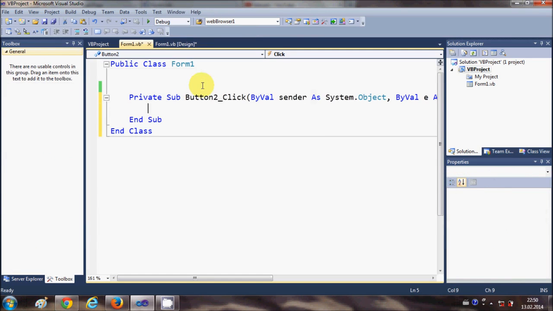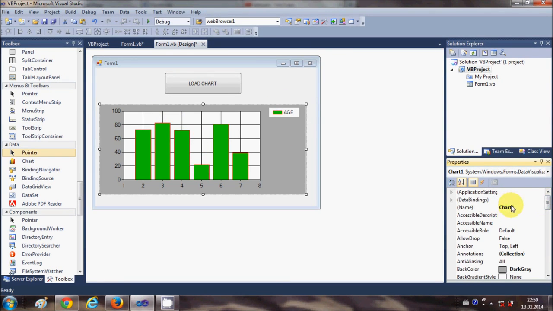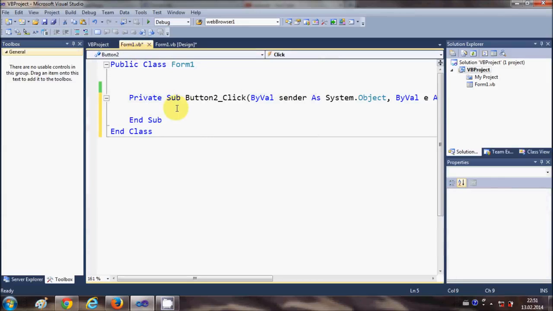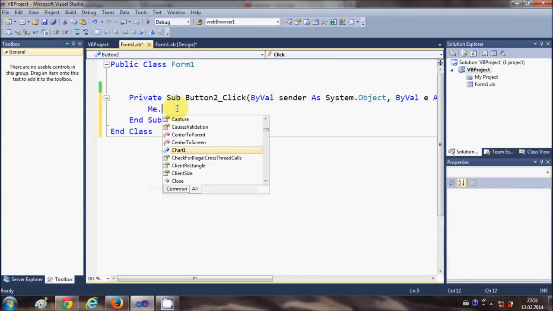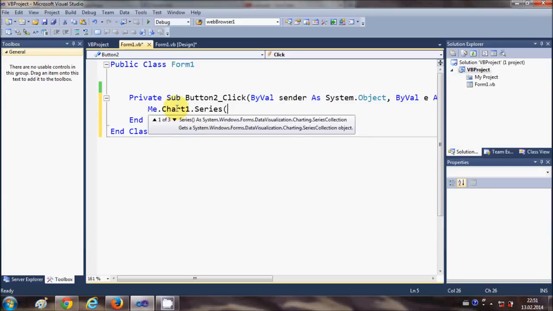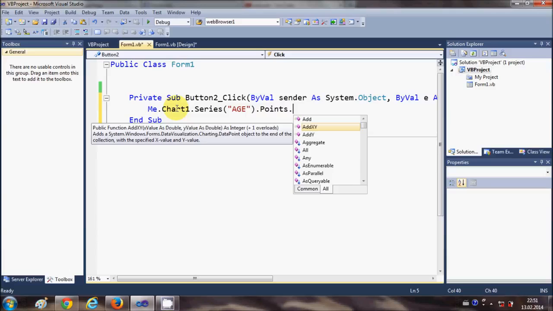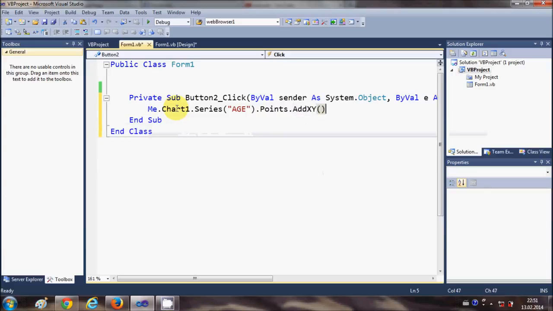So double click this button, and in here write, first of all just see the name of your chart, which is chart 1, right? So just remember this, and here write me dot chart 1, which is the name of your chart, dot series, and in here we will pass in the name of the series, which is age, right? So just write here age. This is the name of the series, and then write dot points dot add xy, and in here we will